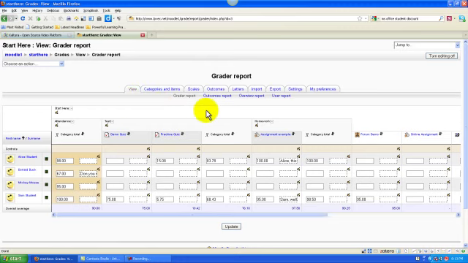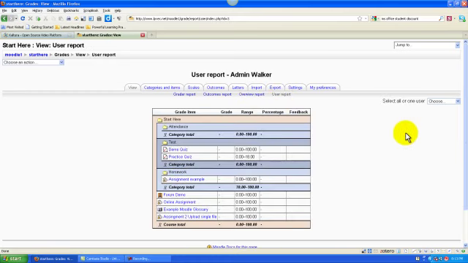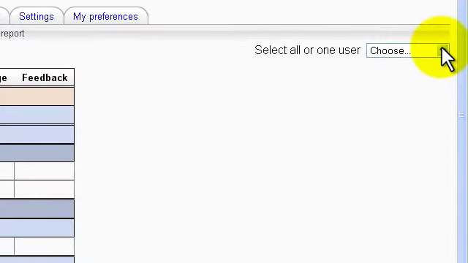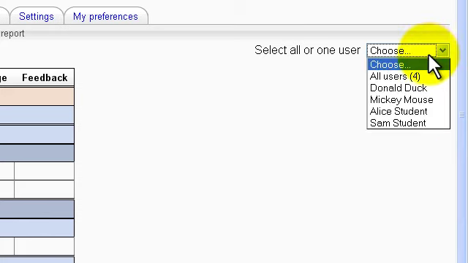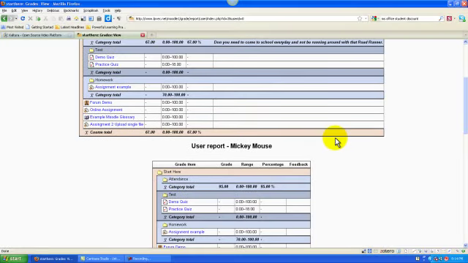The options under the View tab are Outcomes, which will require a separate tutorial. The Overview lets you see all of the courses that you're teaching. And the User Report lets you see students one at a time, or you can see all of them. Over on the right hand side, you can choose. Right now I only have 4 students, so I can see each student's